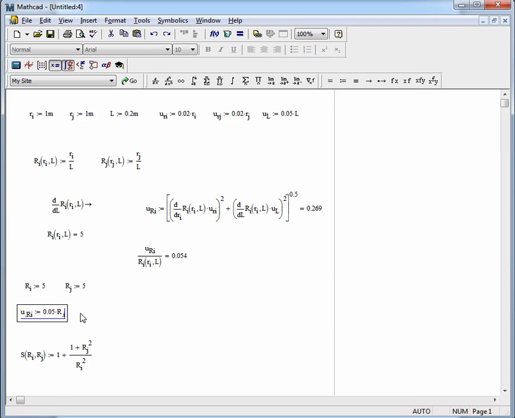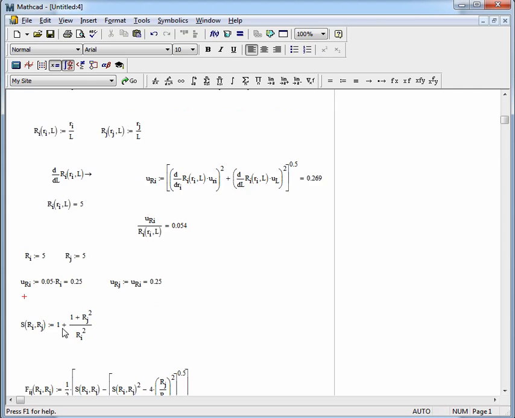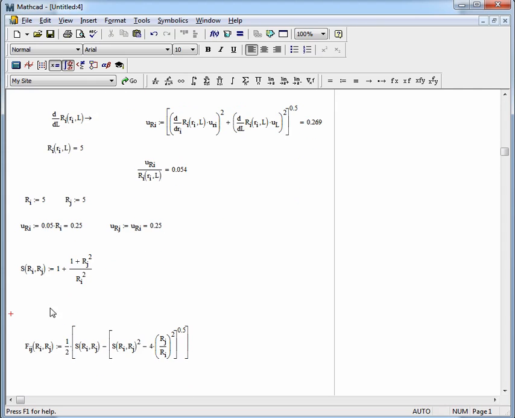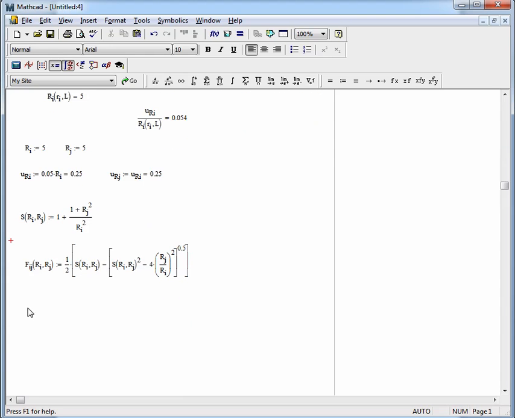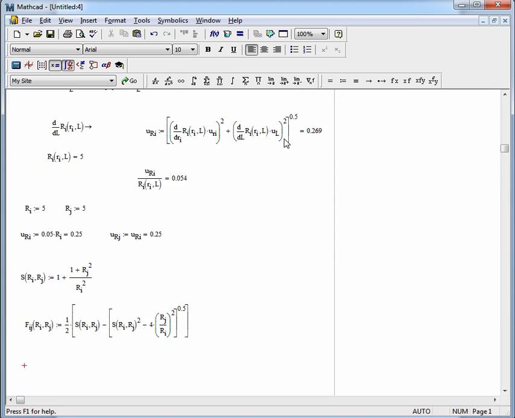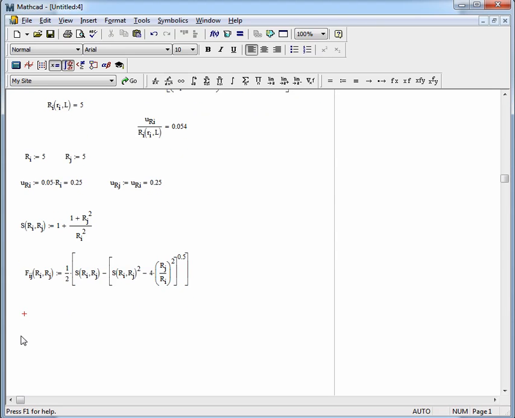So let's let the uncertainty of Rj just equal the same thing. Let's let that equal the uncertainty of Ri. And again, we've defined them, but they're all constants, so we could go ahead and numerically evaluate those as well. Okay. Now I can take my function s. Actually, I don't care about s so much as I care about this view factor, this Fij. So we could apply the same concepts that we're doing up here to our uncertainty for Fij,